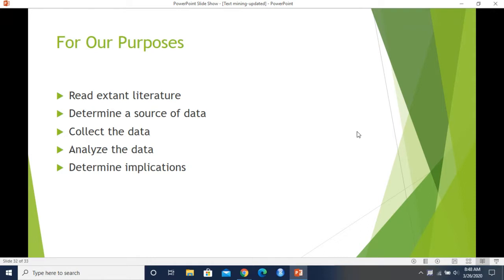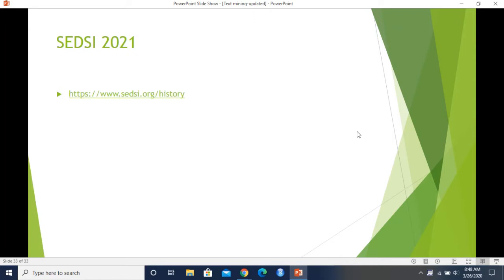I would like everyone to then send their paper to a conference that will be here in Jacksonville in February of 2021. SEDSI is the Southeastern Decision Science Institute. They have an annual conference in February of every year, and in 2021, it just happens to be in Jacksonville. The paper itself won't have to be submitted till December, so you should have plenty of time